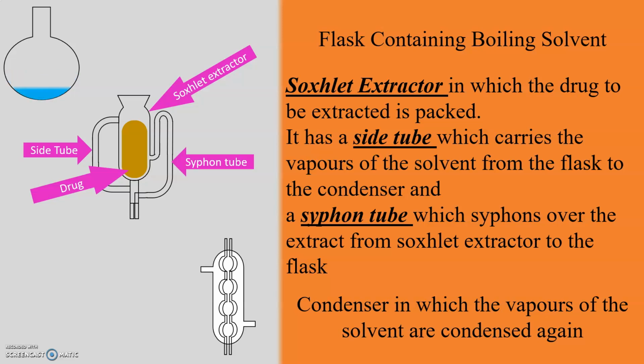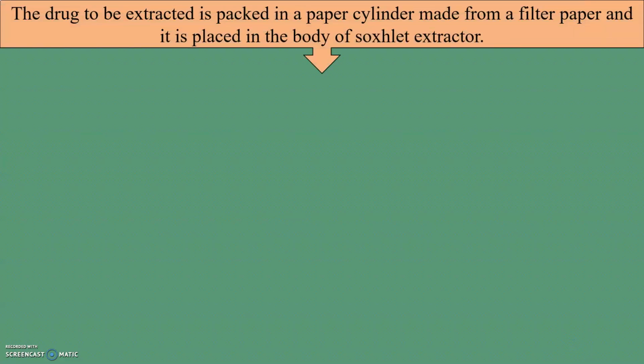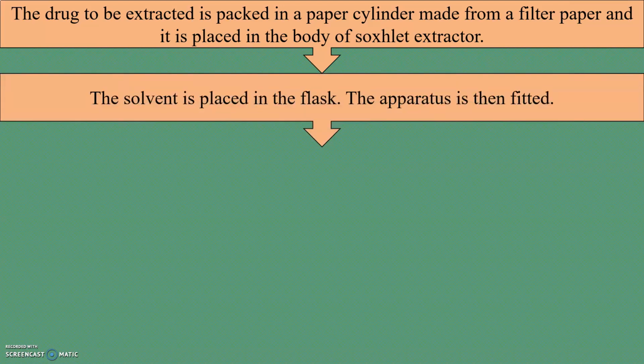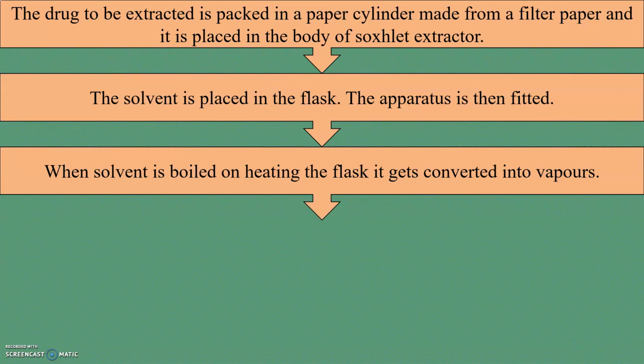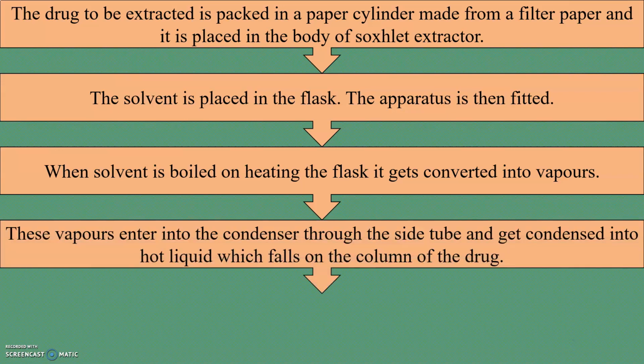Now let us see step by step procedure for Soxhlet extraction. The first step is the drug to be extracted is packed in a paper cylinder made from a filter paper and it is placed in the body of Soxhlet extractor. Then the solvent is placed in the flask. The apparatus is then fitted. When solvent is boiled on heating the flask, it gets converted into vapors. These vapors enter into the condenser through the side tube and get condensed into hot liquid which falls on the